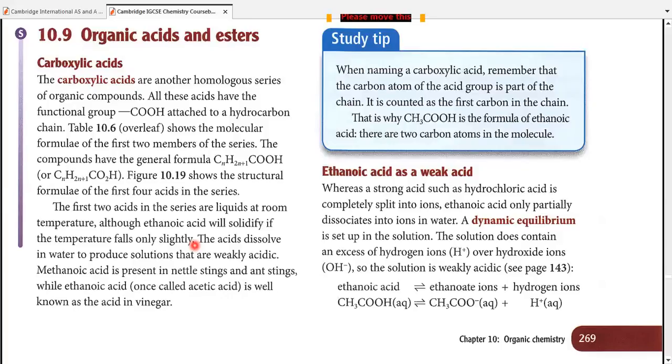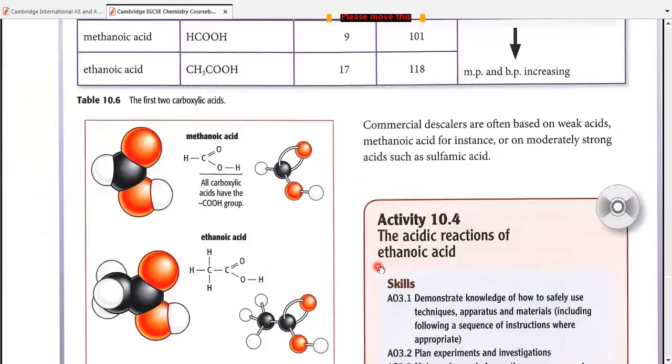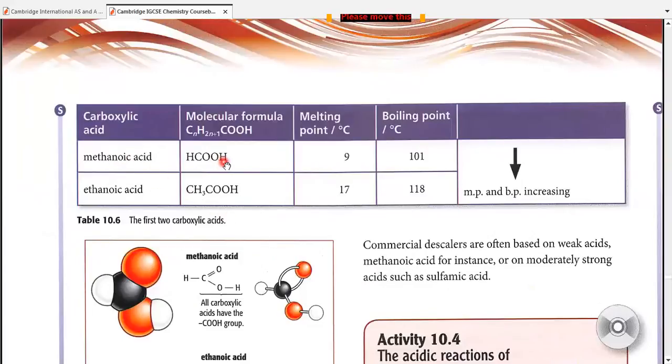These acids dissolve completely in water to produce solutions that are weakly acidic. There are 2 acids at the top of this list. The first one is methanoic acid. It is present in nettle stings and ant stings. हमने इसे chapter number 5 में भी किया था. I hope you remember that. And ethanoic acid, which is also known as acetic acid, is a good part of vinegar, or known as acid of vinegar. Okay. Moving on to the next page, it would tell you the molecular formulas, the names, melting and